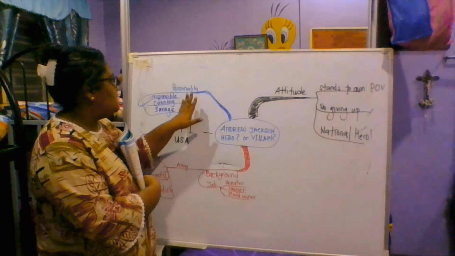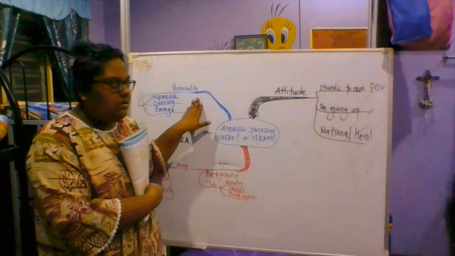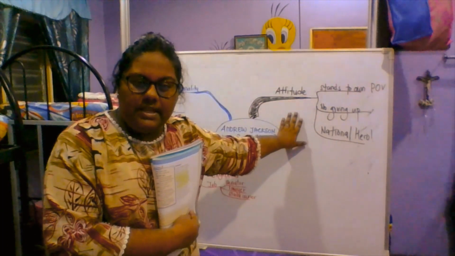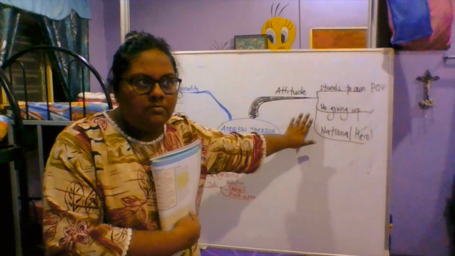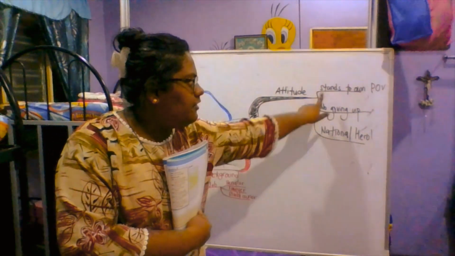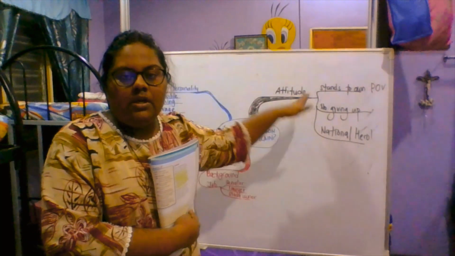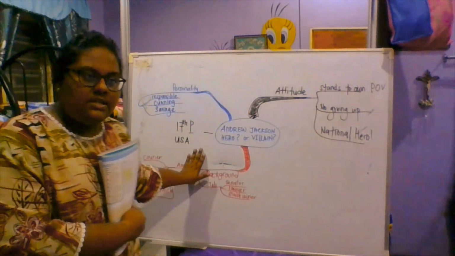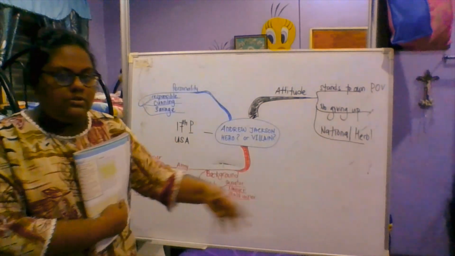Then his personality, meaning what his character was all about, and his attitude, meaning how he was at that time. What did other people think of him? That is the point of view: how he carried himself in the 17th century as a president and also as a soldier, because he was in the army. We'll go deeper later.